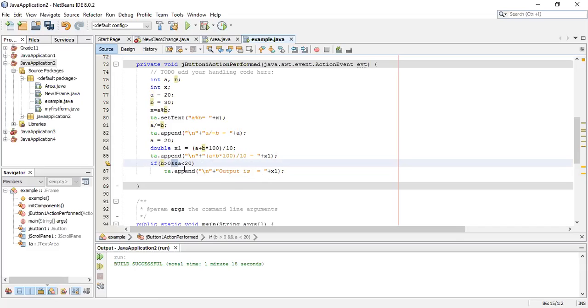So in this case, what we can do is simply write: if b is greater than 0 and a is less than 20, if both the conditions are true, or what we can do is put b is equal to 30 and a is equal to